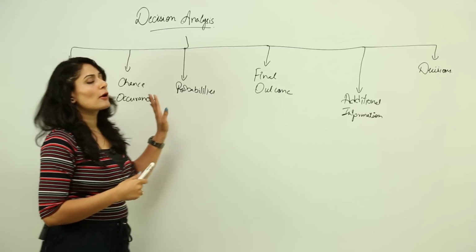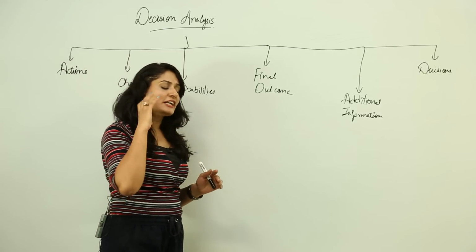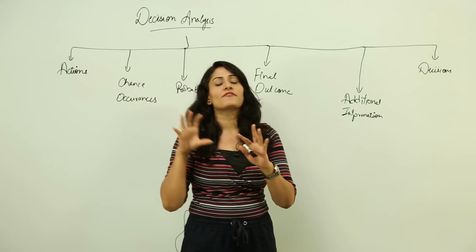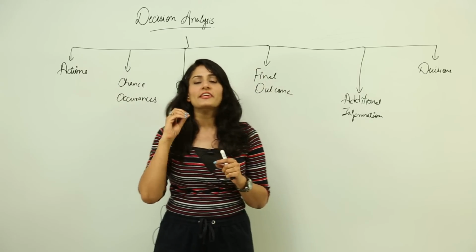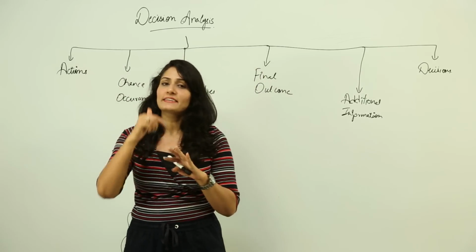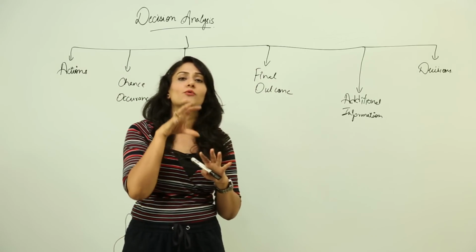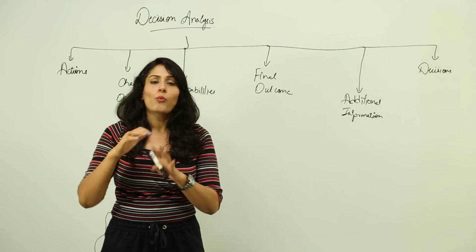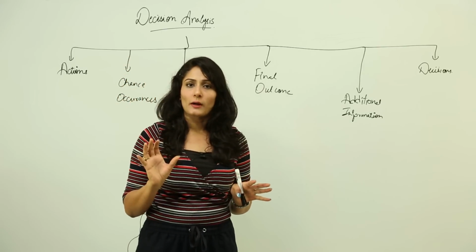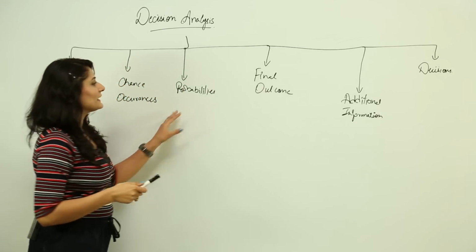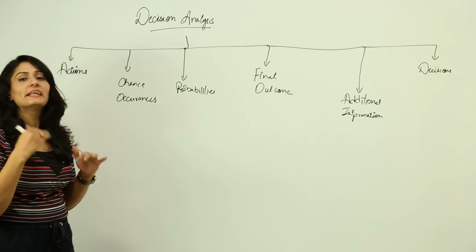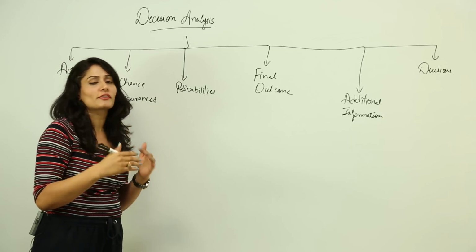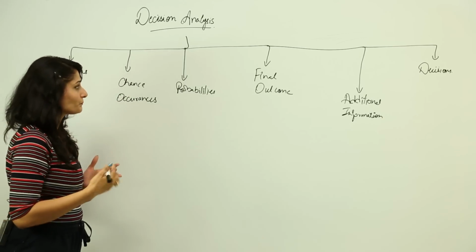And then we talk about probabilities. Now a probability is a belief that a certain fact is true, and this is always given in percentages. That is, if I take X as an action, what is the probability, what is the percentage, that Y will be the outcome? So this is basically given in percentages, and it's a belief that a certain action is true or the certain information is true or not.